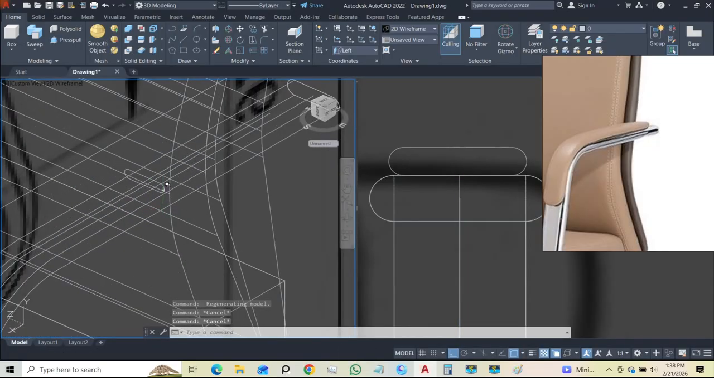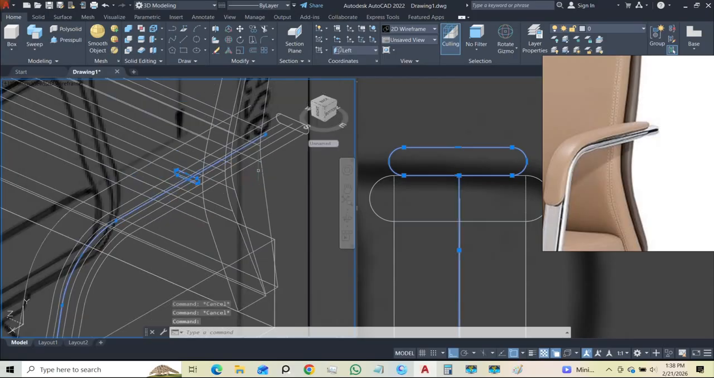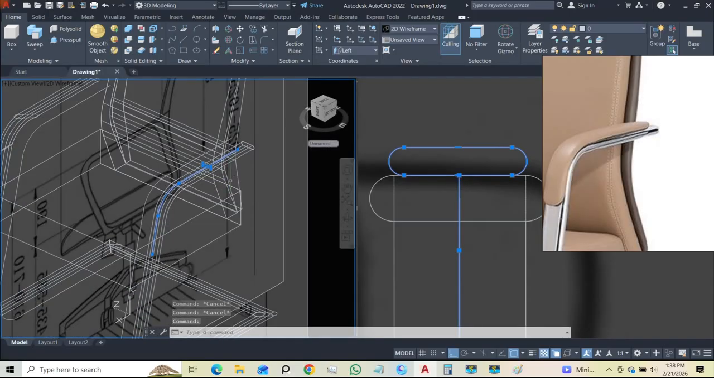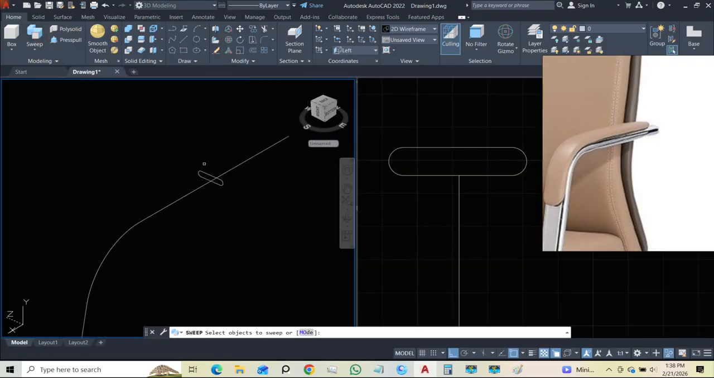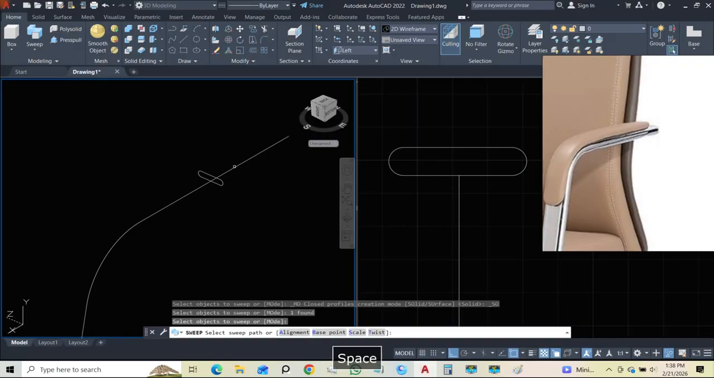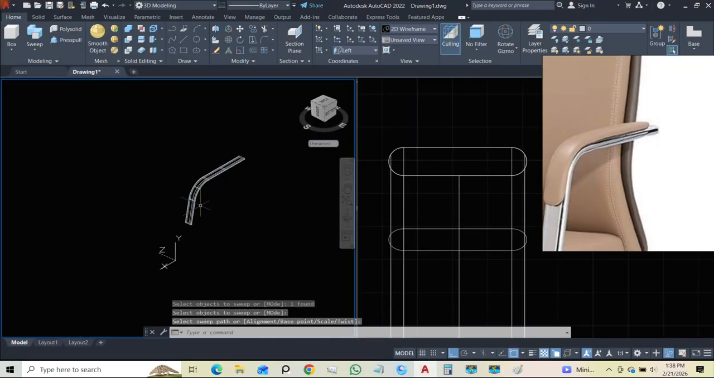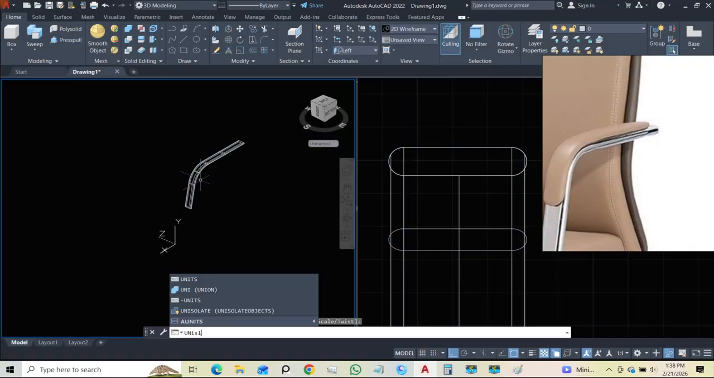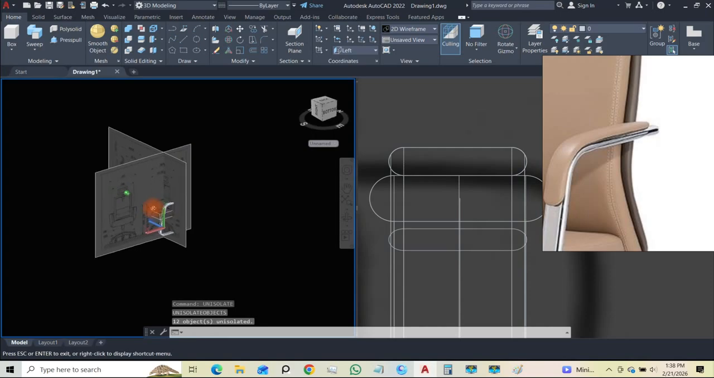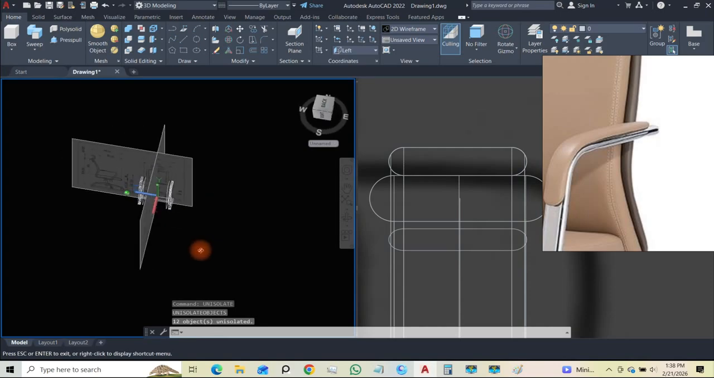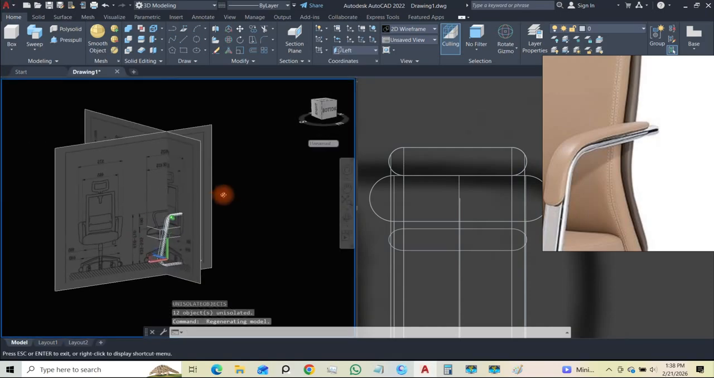So I will select this and this. These are the things I want. So isolate it so that we can run what we want to run. Select this, click here, press enter, select this. It will sweep that for us. So on isolate. Then we have this shape. Basically, this is all there is to